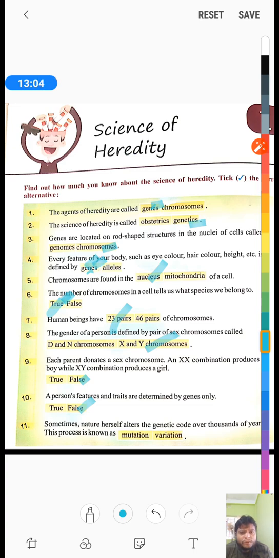Sometimes nature herself alters the genetic code over thousands of years. This process is known as... So, if you are a fan of the movie X-Men, you will know this answer, or Spider-Man, where some people, not only people, living creatures, have a change in the genetic code over thousands of years. Change, they become different. So this is known as mutation. Mutation is where the genetic code of a living creature changes, and it has been seen in some plants